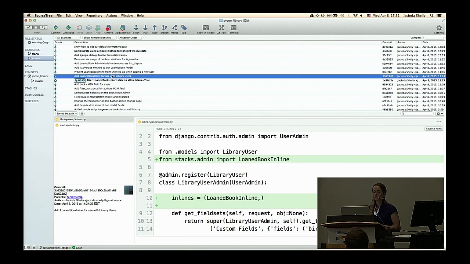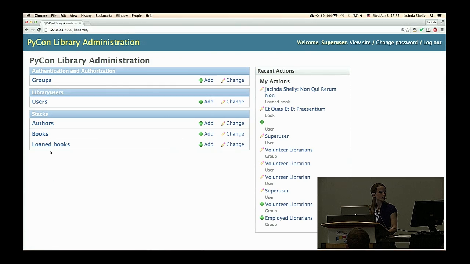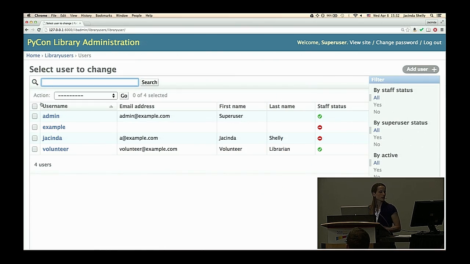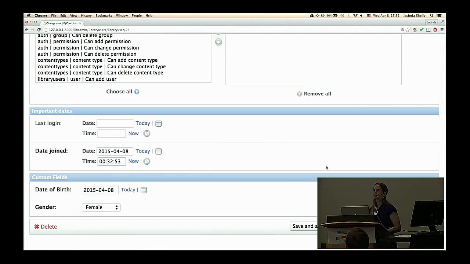Next up for the list of basic features is inlines. So if we take a look at our library users, now that we've added that list of loaned books, it might be nice to be able to see all of the books that someone has checked out on their profile. The way that you would typically do this is to add an inline field. This also allows you to check out a book for a user from that user's profile. This is one of the things that's covered in the Django tutorial part 2 as well,